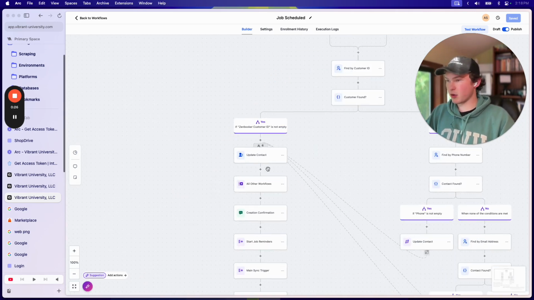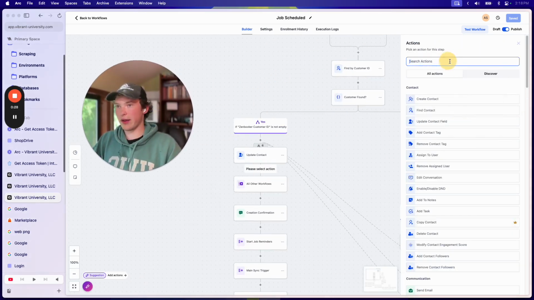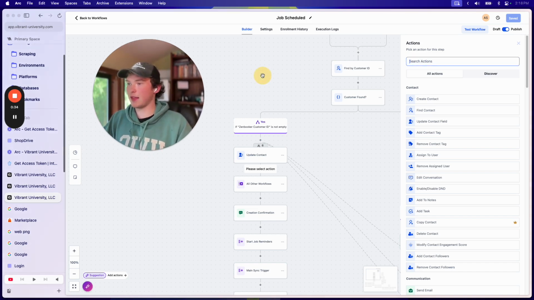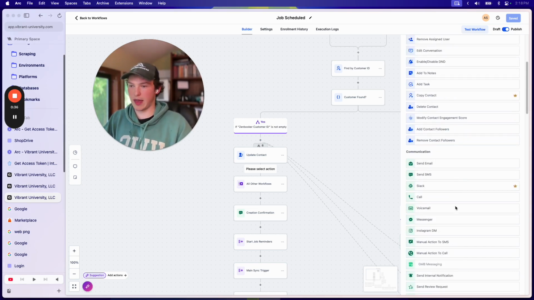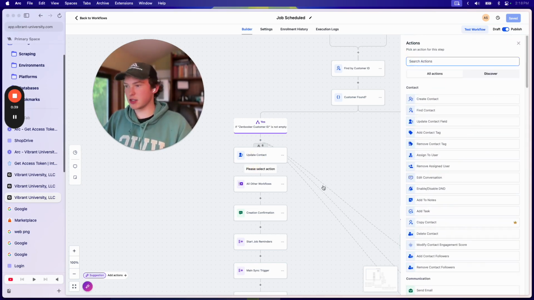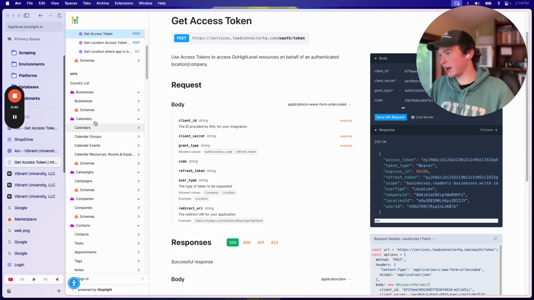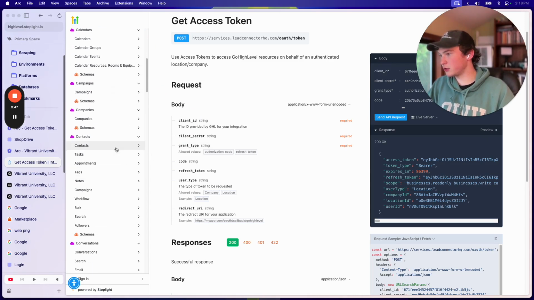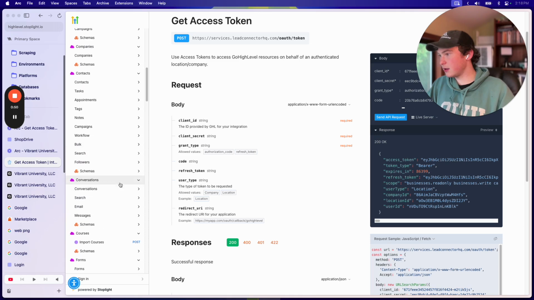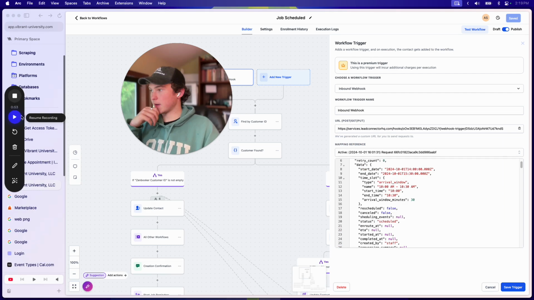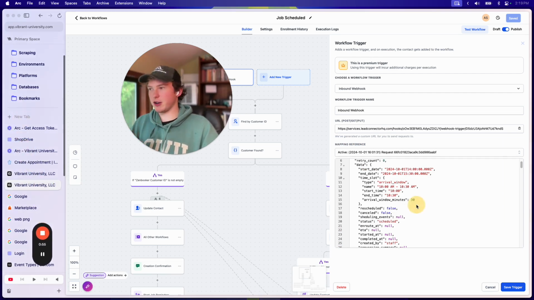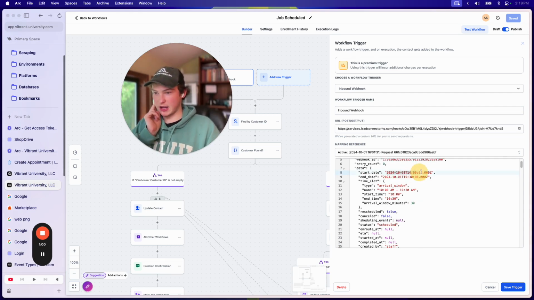So the thing is, we will put in an HTTP request to schedule an appointment through HighLevel using the API, and then we'll have a separate workflow that'll send reminders for that event that we created. So what we're going to do is, well, we should start by looking at the API documentation. So if we come over to calendars, somewhere in here. Okay, so what I'm looking at here is the webhook that we're receiving from our scheduling software,